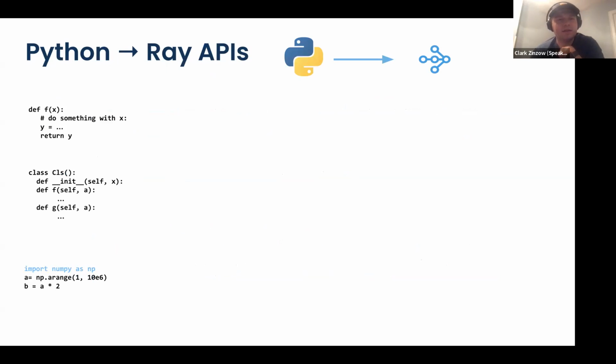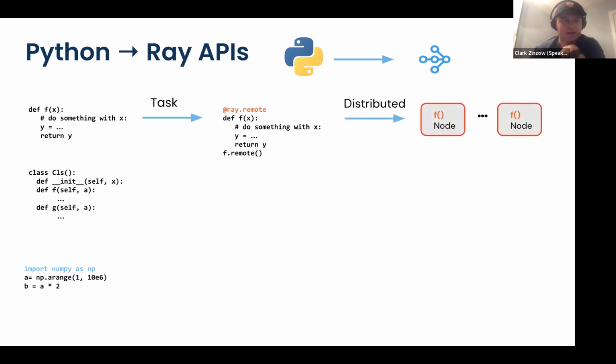This core Ray system has a pretty powerful programming model. If you're familiar with Python functions and Python classes, it's basically the simplest distributed analog of those fundamental concepts. A Python function is a pure input-to-output function, a paradigm we're all familiar with.